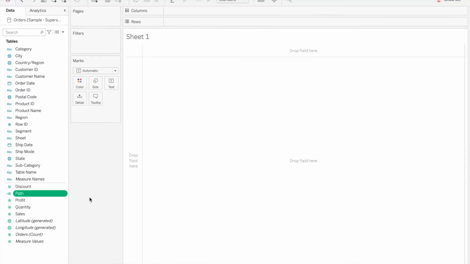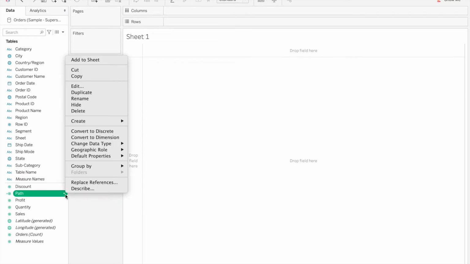So after creating a calculation called path, we will create bins. This will help us create evenly spread data points between the numbers 0 to 270 that we have mentioned in our calculation.